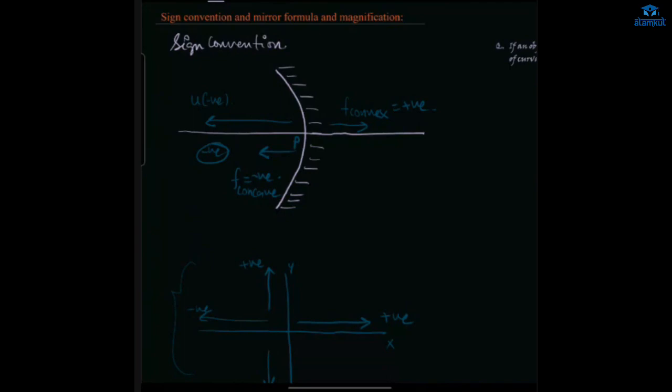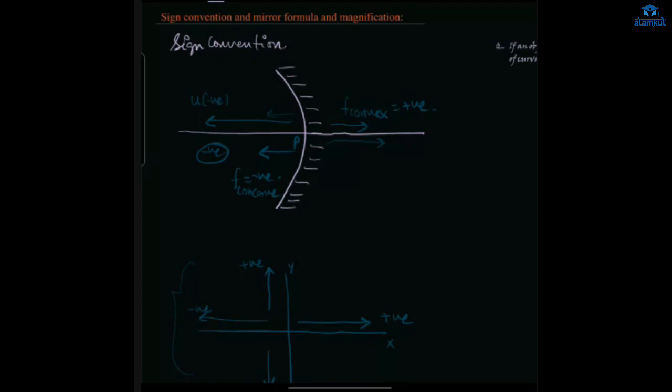Now what if we take the same for the radius of curvature? Radius of curvature will be just double the focal length, so the same as that. And now comes the upper side and the lower side, and also v, meaning image distance. Sometimes we get the image on the right side of the mirror, and sometimes on the left side of the mirror. If our answer for v, the image distance, comes out negative,